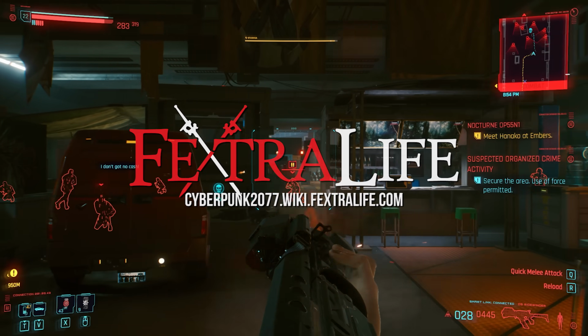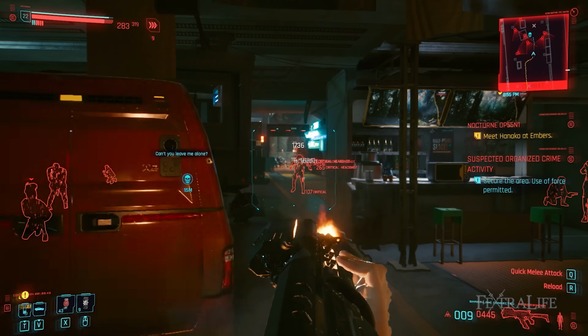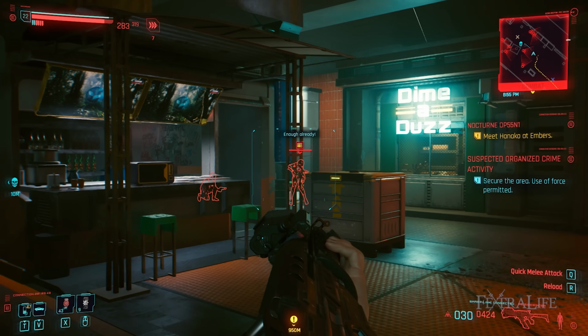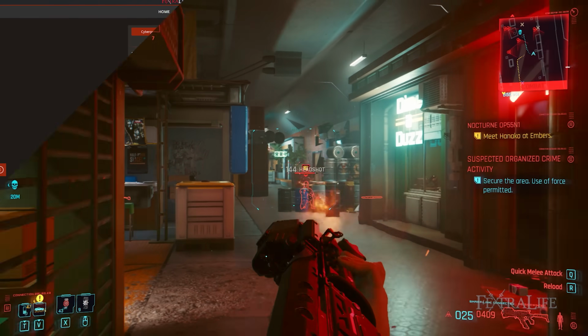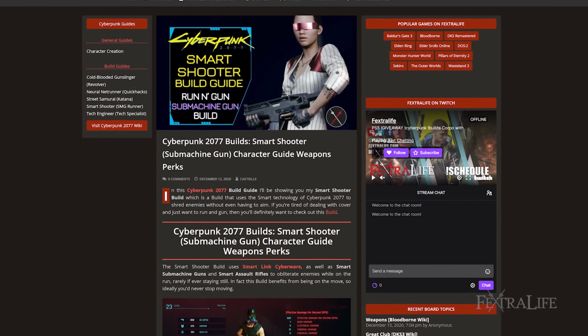In this Cyberpunk 2077 build guide, I'm going to be showing you my Smart Shooter build, which is a build that uses the smart technology of Cyberpunk 2077 to shred enemies without even having to aim. If you're tired of dealing with cover and just want to run and gun, then you'll definitely want to check